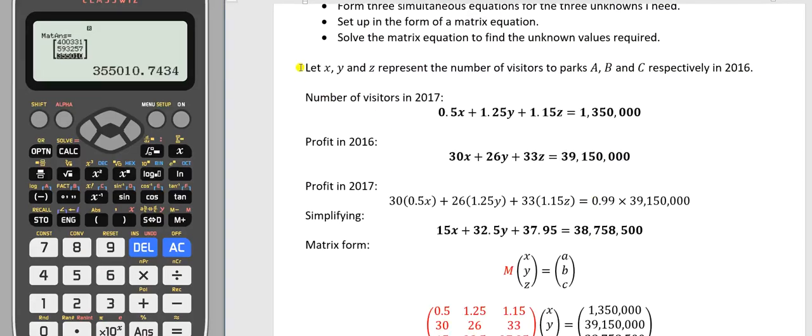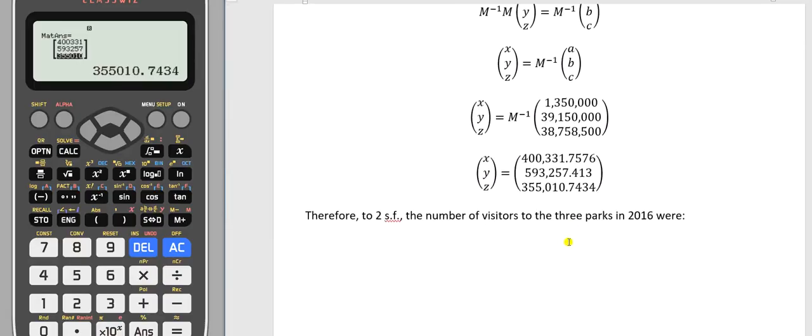The fact that we defined our values as the 2016 values at the beginning is helpful because it means X, Y, and Z are what we're trying to find. But now we need to convert that back to saying Park A is going to be, well, 400,000 to two sig figs. B, 590,000, and Park C, 360,000. So I'm rounding each of these and giving my final rounded values as my final answer. Now, if you wanted a way of checking those answers, you could go